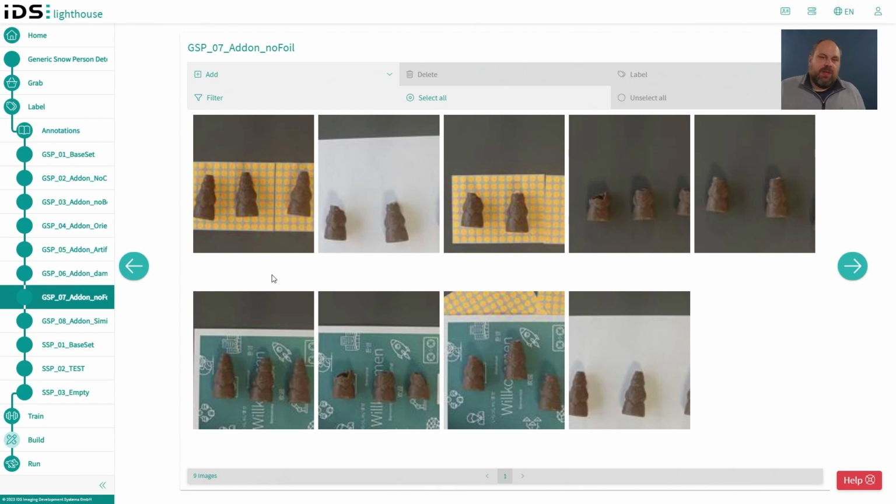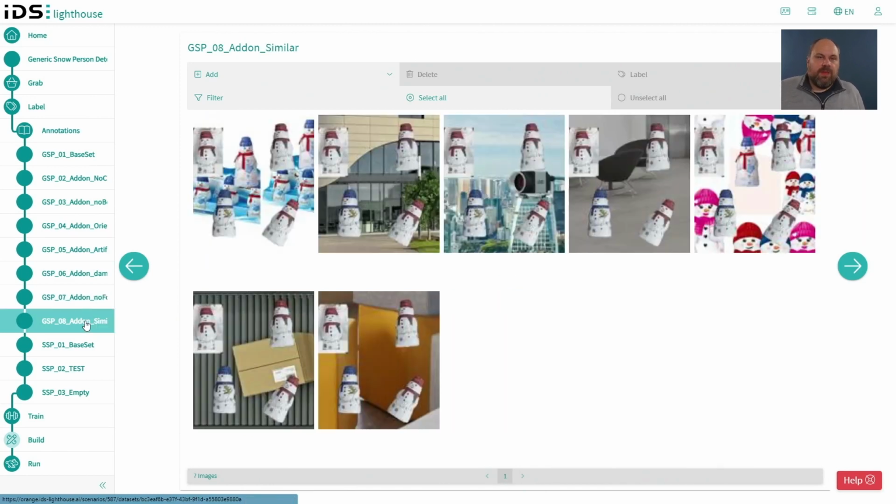So depending on where the damage happens, at least the network knows there should probably be chocolate below, and if it sees that, that's not in the perfect state where you want to sell it. And these are now examples where different backgrounds add also similar objects, just to confuse it a little bit.